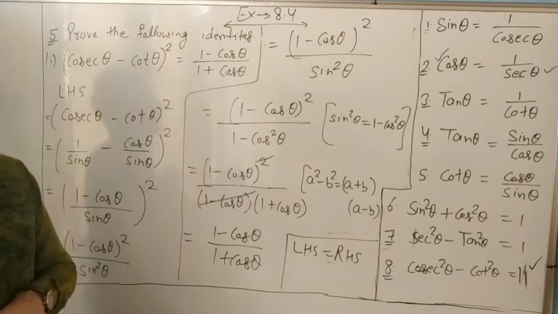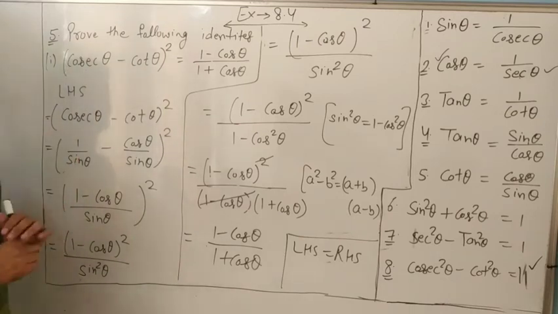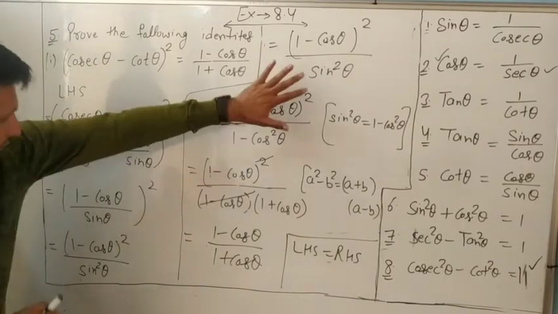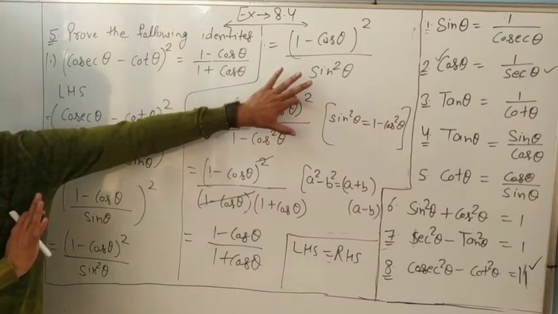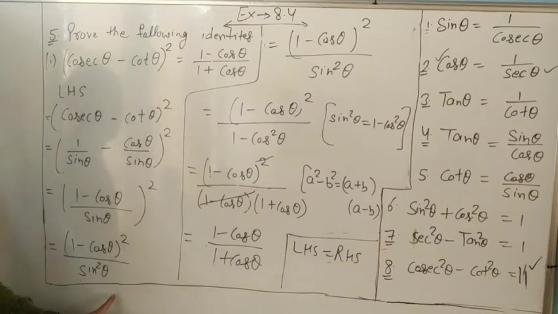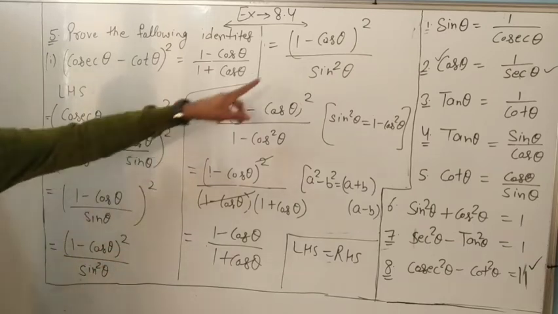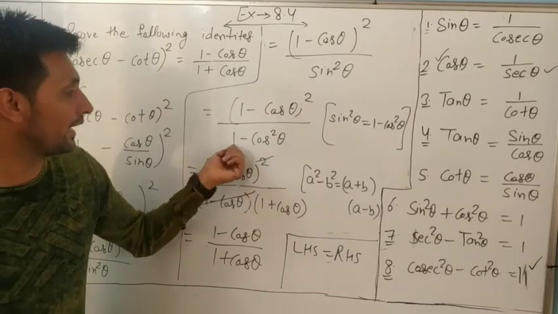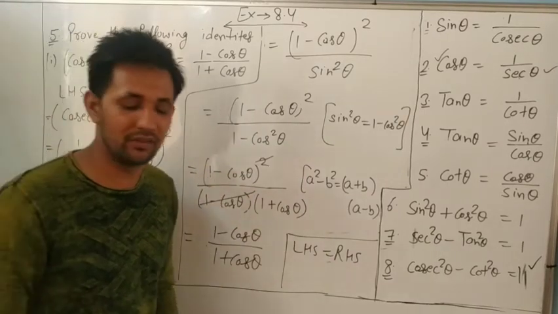If you don't understand in the exam, at least one thing you have to do: change sign in cos and take the LCM. Only if you do up to here will you get marks. So always we will write it. So 1 minus cos square theta, 1 minus cos is there. It means we have to change it to sin square. Sin square is 1 minus cos square. It becomes the a minus b square formula. Please note it down.